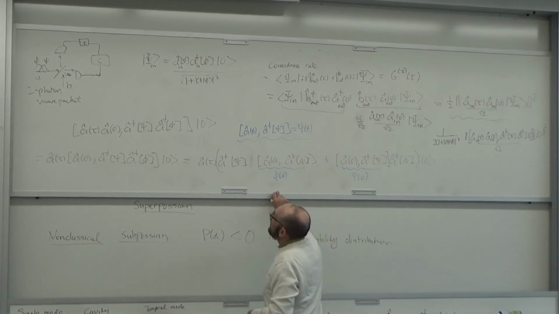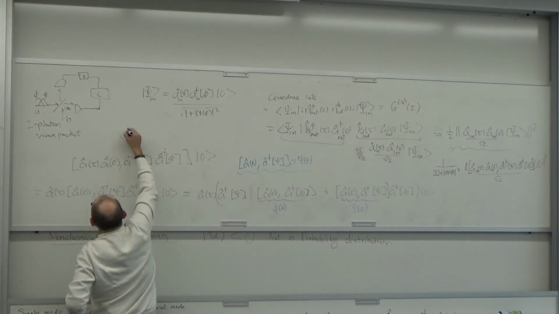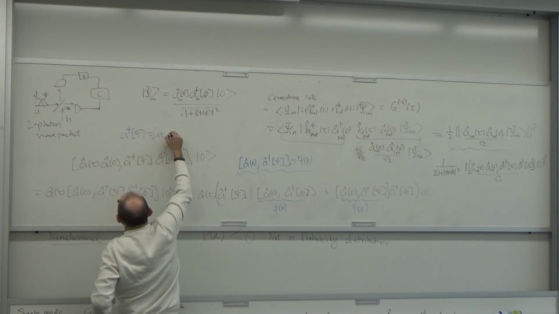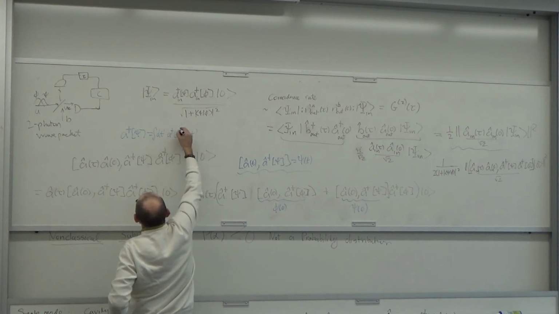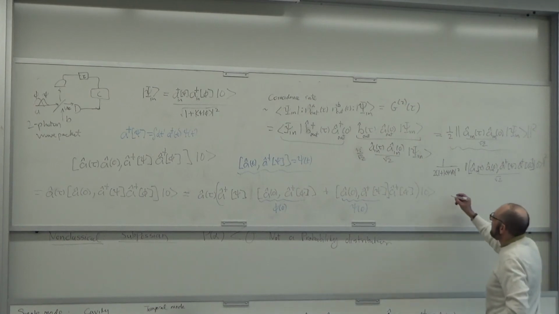It comes back to what Shiva was reminding us, that this a dagger is the integral over time, a dagger of t, psi of t. I can make that a dummy variable, and then this follows. And then the commutator at different times gives you a delta function. And then the commutator is a delta of t, and then you can compute the integral. Okay. All right. So this now is equal to